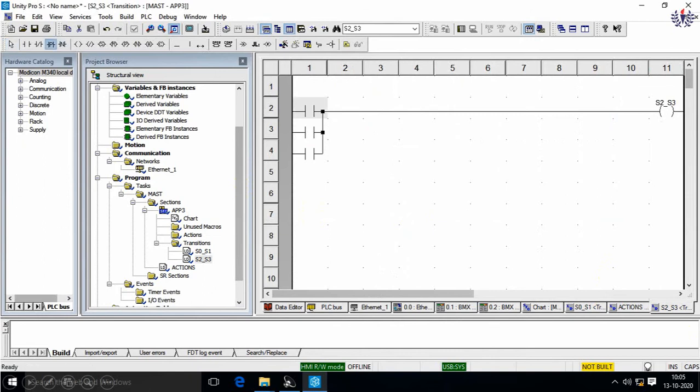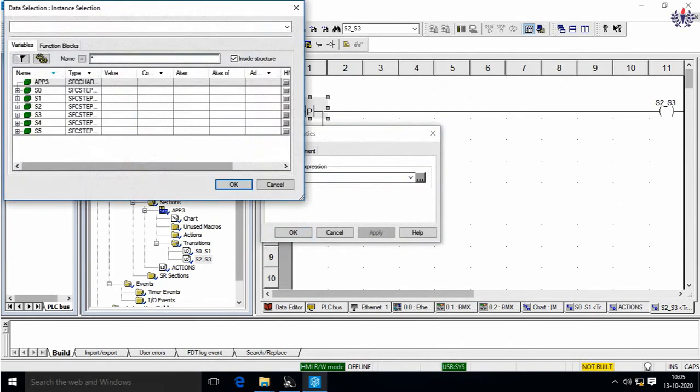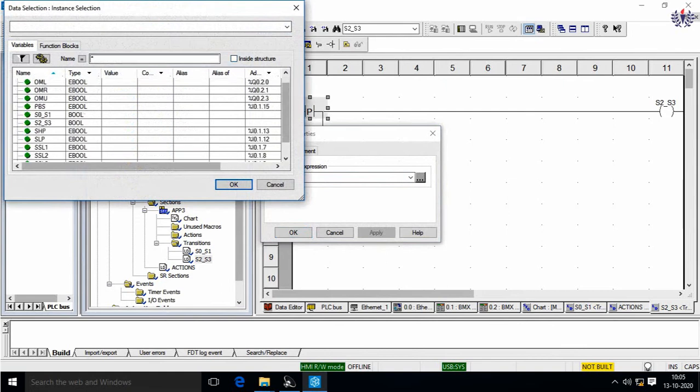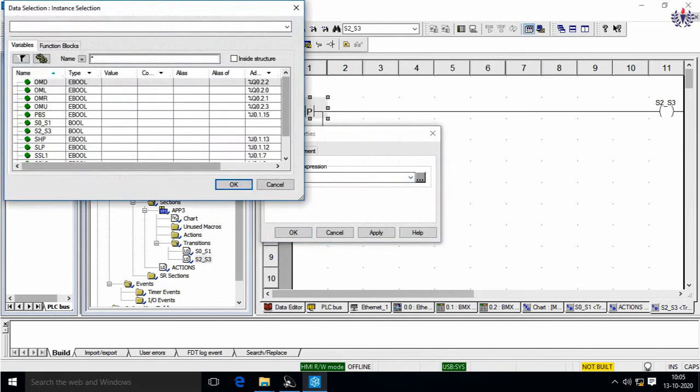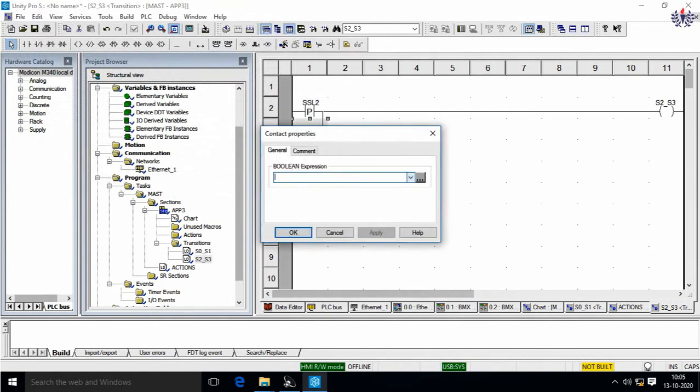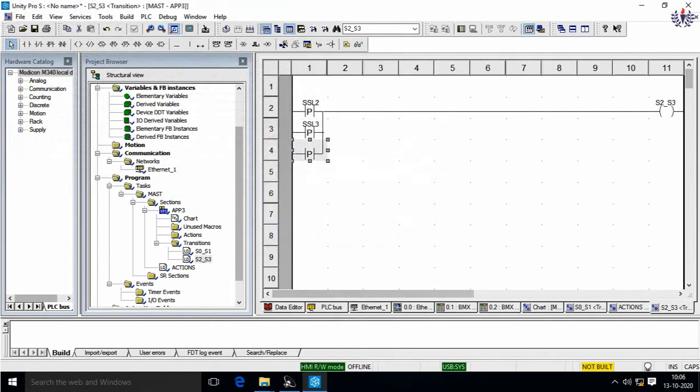That too, here I want to use the positive transition. Remember that. Why? Because it is a positive moving transition. So I'm taking this input, not the normal input. And I'm going to give the inputs, so that it is going to repeat for slot 1. Here a slight change is that previously we were writing only steps. Here I want to check it for SSL 2, SSL 3. Because here all the process is going to repeat. So I am putting this.